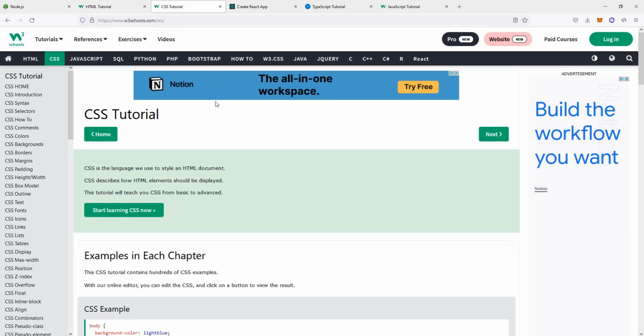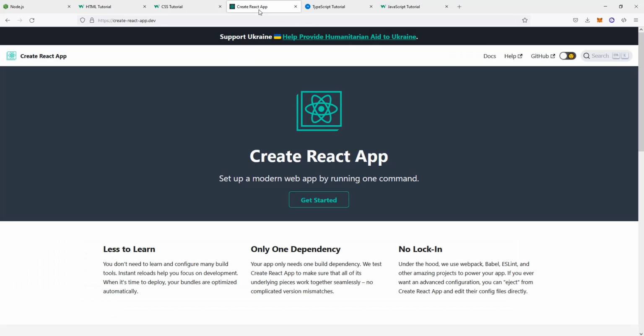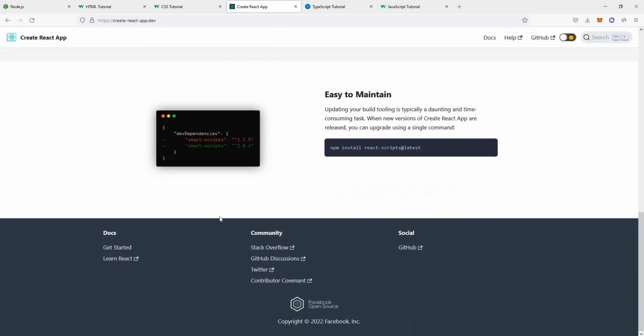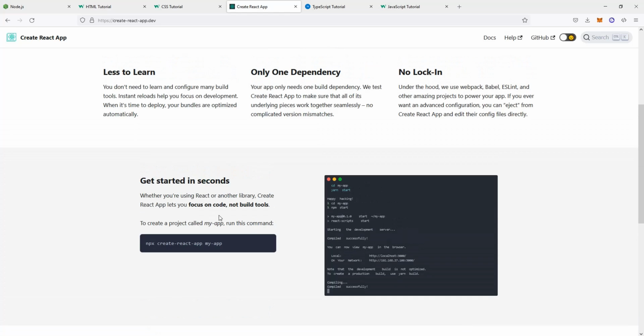You're also going to need some CSS knowledge. If you're not sure, definitely go to this site. This is actually one of the sites that I go to learn if there's anything new, or you can Google it as well. And then of course you're going to use this tool called Create React App to start at least a plain vanilla simple React based app, and start the app and basically have a good starting point. So this is a good place to start,